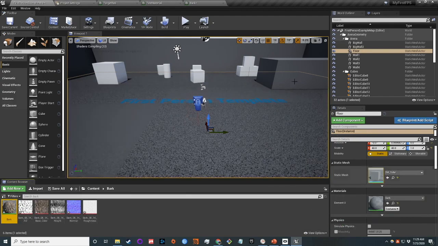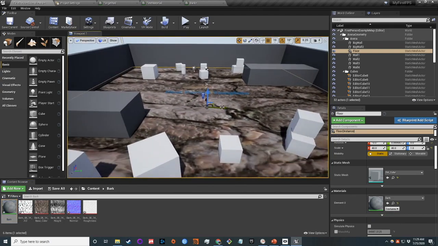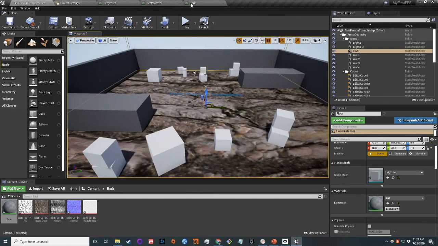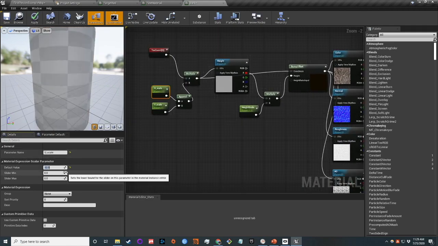So we can put down some bark. This one maybe doesn't look quite like we'd want, although I could change my UV scale to make it a little bit smaller. So I'll show you a version of that. So we've got our UV scalars already. So if I change these to, say, 32 and 8,